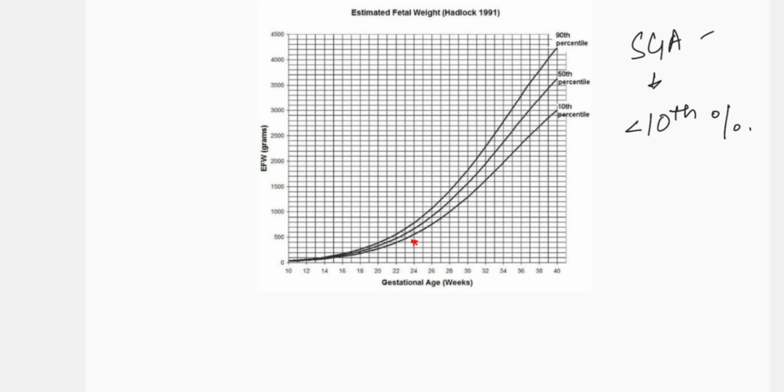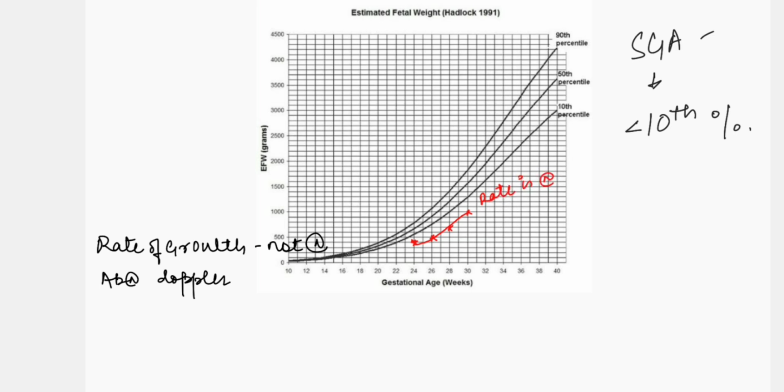Now, what is FGR? In FGR, either the rate of growth is not normal, or secondly, you have abnormal Doppler. For example, we repeated the scan at 26 weeks, the fetus is here, at 28 weeks it is here, at 30 weeks it is here. Now in this chart, the rate of growth of the fetus is normal, so we will call it